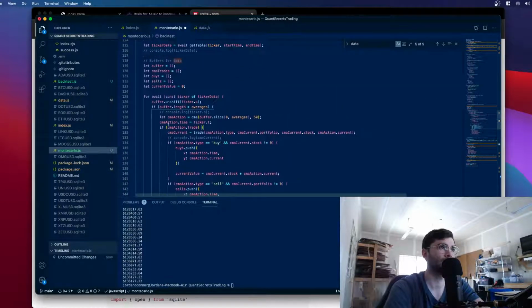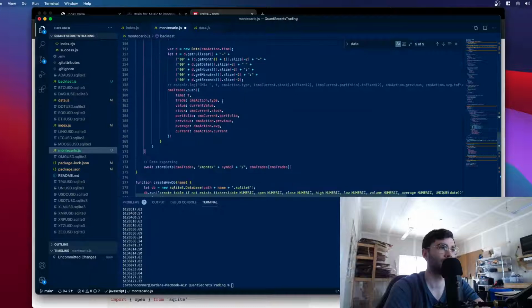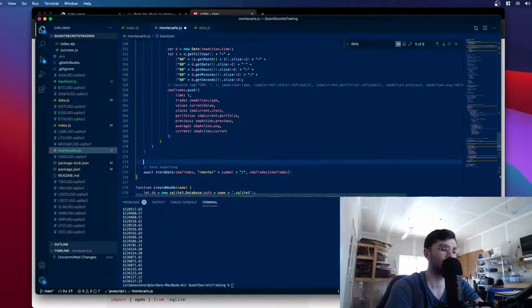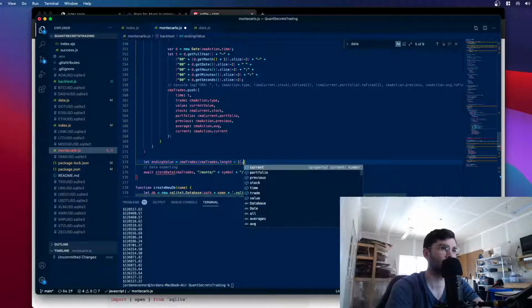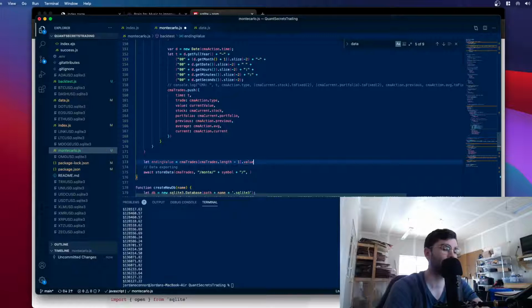I guess I could just do let ending value equal this. This will just clean it up a little bit. Dot length -1 dot value, and then the ending value plus